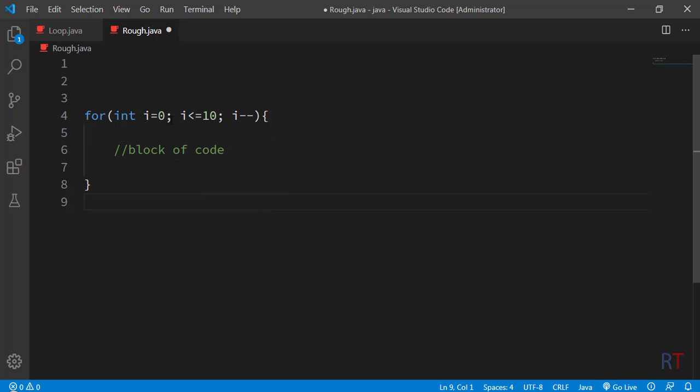The for loop can also have multiple initialization, multiple condition and multiple increment or decrement statements. The way we can write them is by using the comma separator. Like in this example, we can create another control variable like int j and assign it another value like 1,